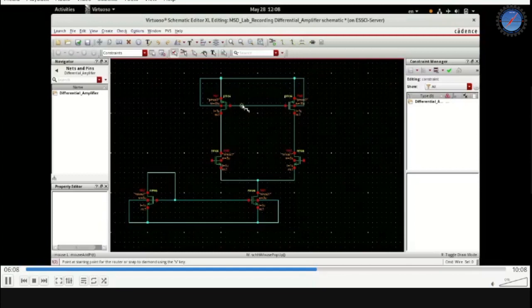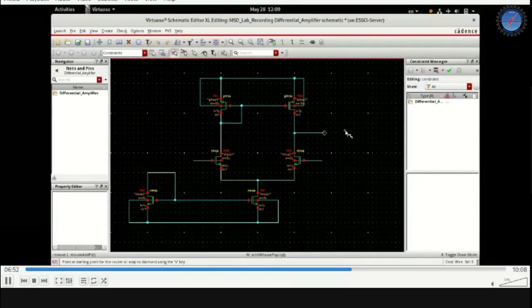So the bulk and the source terminals are shorted, and here, in order to do the bias voltages, we will do the diode connection for one PMOS. So this is going to be like a current mirror load. Therefore we are going to have differential input and single-ended output. To these two terminals, we need to connect the input ports, which we'll do in a minute. So this is the other input. Now we are going to connect the output here. So that is the output.